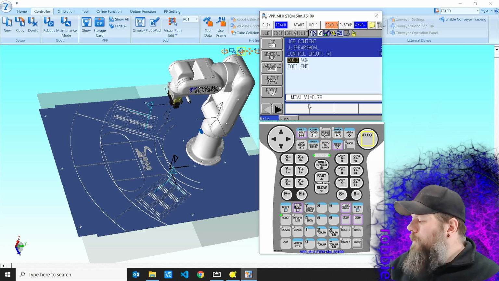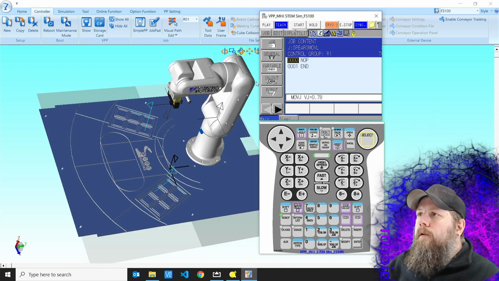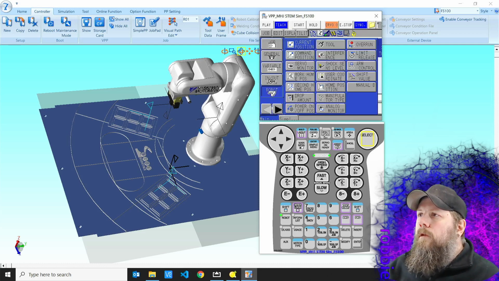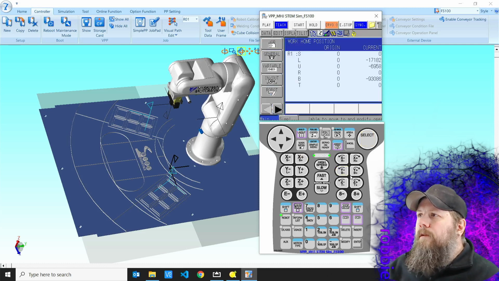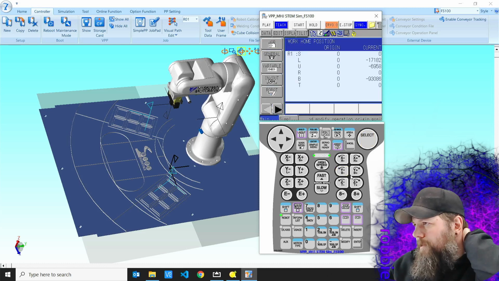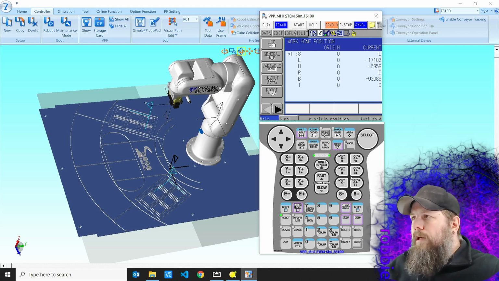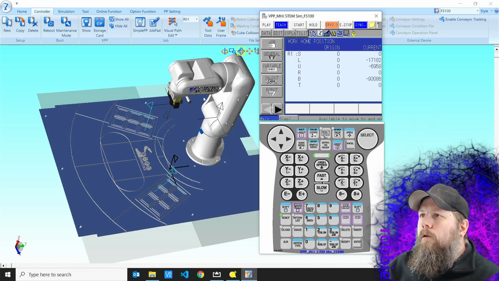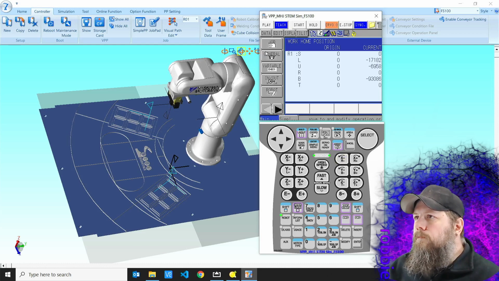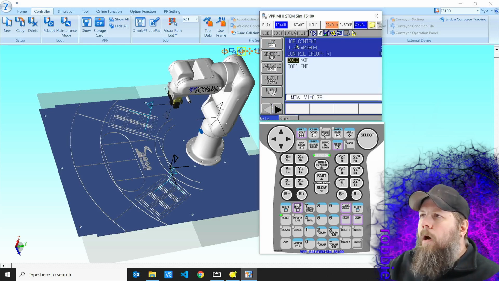All right. If you're not already in your home position, click Robot, and then first or second position, work home position or second home. I think work home is going to be the gripper. Then when you want to get back to your job, I'm home. You drive it home, push enter. Now when we push enter,